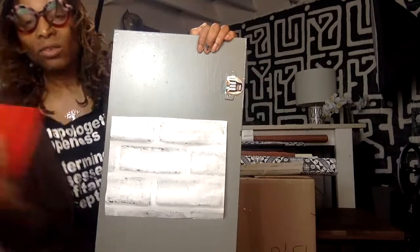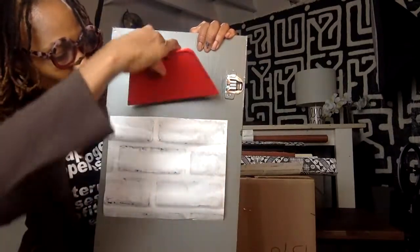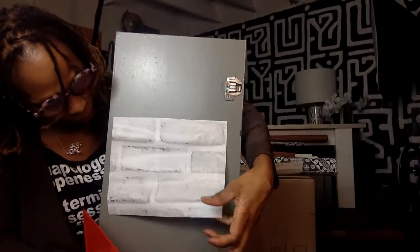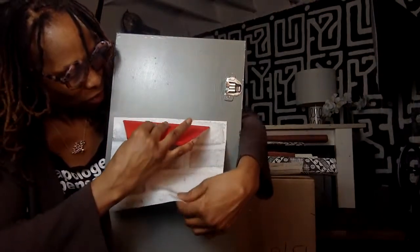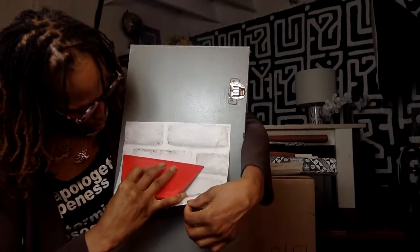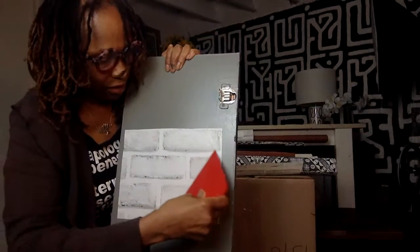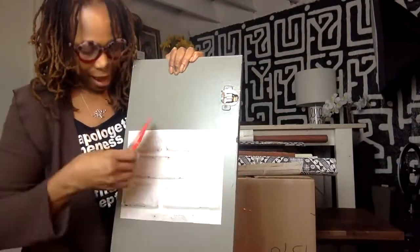So this smoother here, you want to hold it at an angle. You don't want to push into it. You want to push down. So pull this out from the wall just a little bit and then push at an angle down until you get that. And then on this side, the same, you're holding it at an angle here